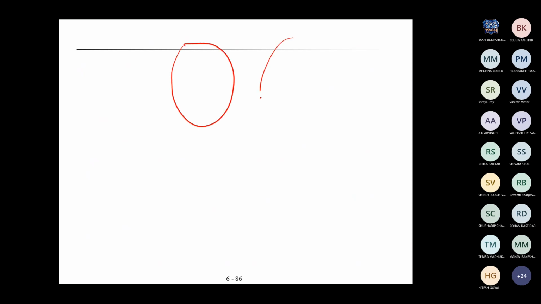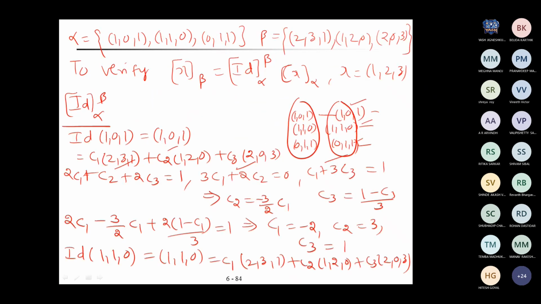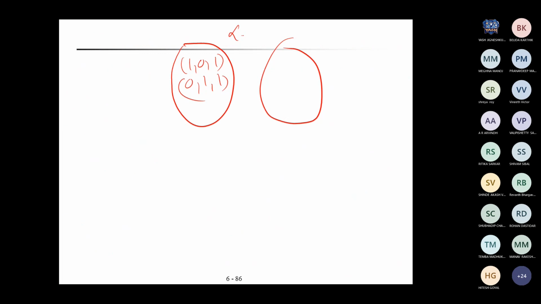So here you have alpha: 101, 110, 011. I may write wrongly, but correct that. Usually you have a transformation, but here the transformation is the identity transformation. They asked for alpha to beta. That means under the identity transformation, find the image of each basis element of alpha and write it as a linear combination of the elements of beta. While doing that, fill each and every column.